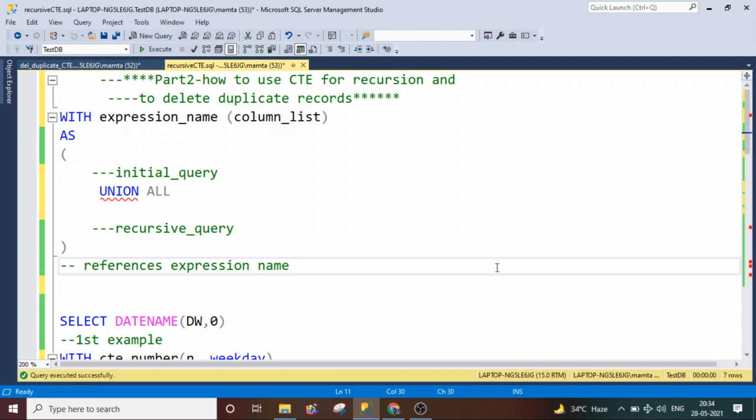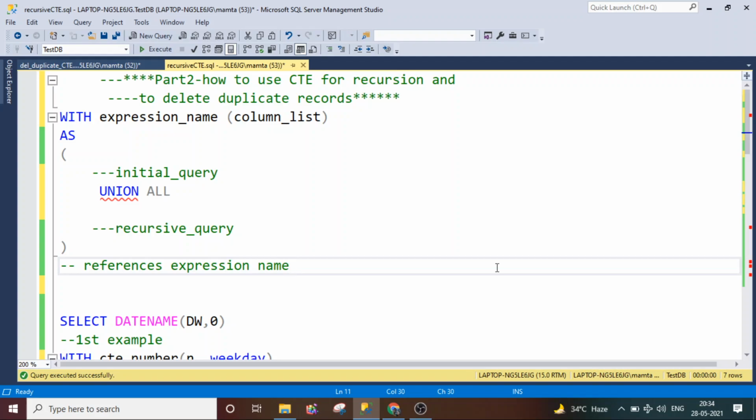Okay, so without any further delay, let's get started to understand how we can use the CTE for the recursion. So as we know, the syntax of the CTE starts with the WITH keyword, then the name of the CTE, then the optional column list, and then under the brackets we need to provide the inner query. Now this inner query could have a single query or multiple queries as well. And after closing the brace, immediately after we need to extract the data from the CTE. So this was the initial background of the CTE.